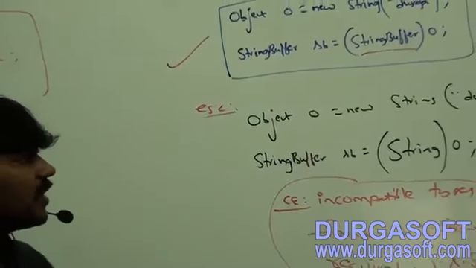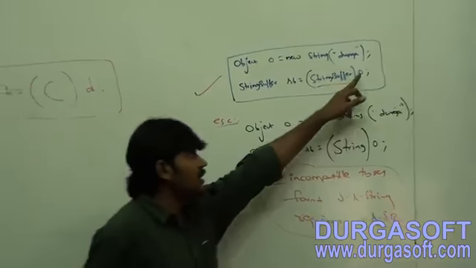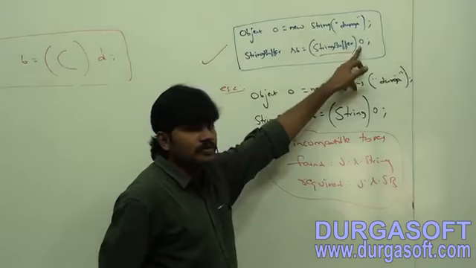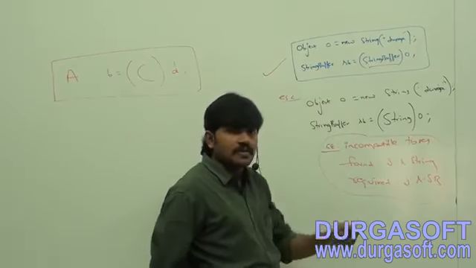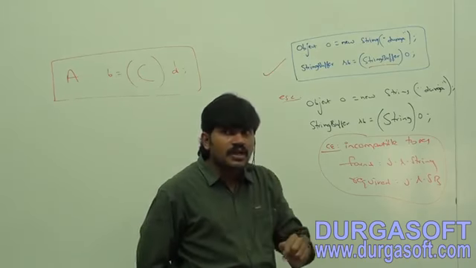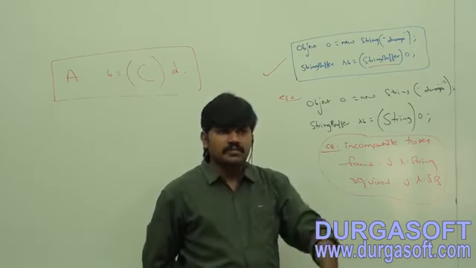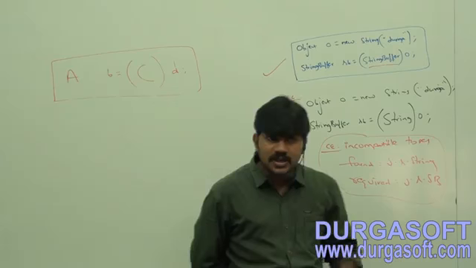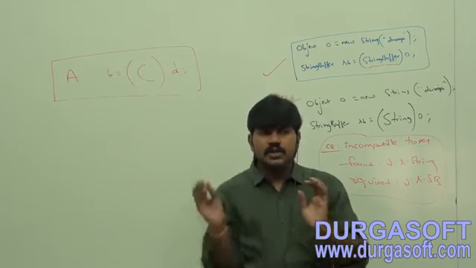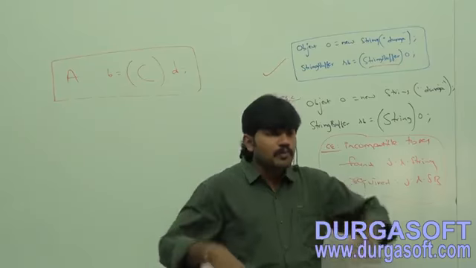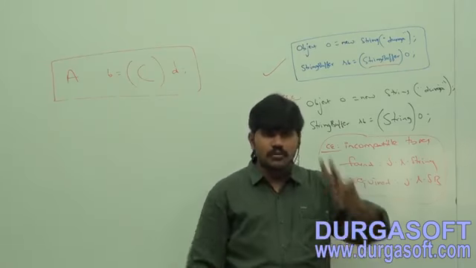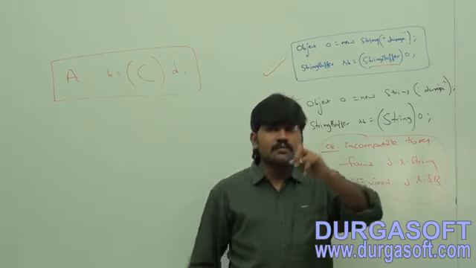Have you observed? The compiler is always going to check only reference types. O is what type? Object type. Next, the StringBuffer reference type. But the JVM is going to check the underlying object type. The runtime object is always checked by the JVM, while the reference variable types are always checked by the compiler. Up to this point we covered the compile-time rules, only two rules. But for the JVM, only one rule.